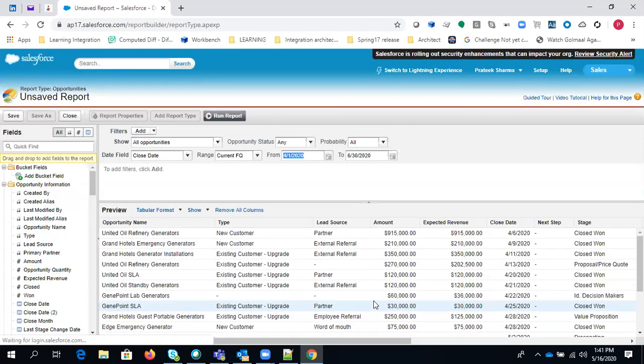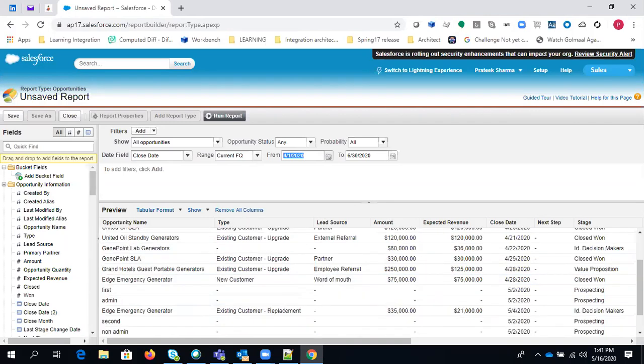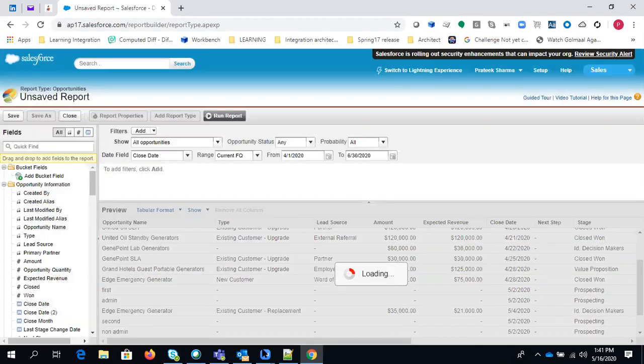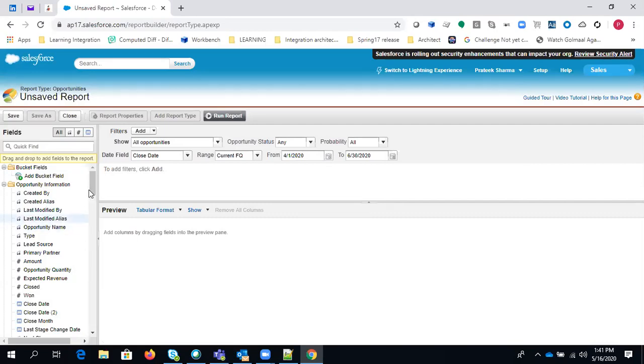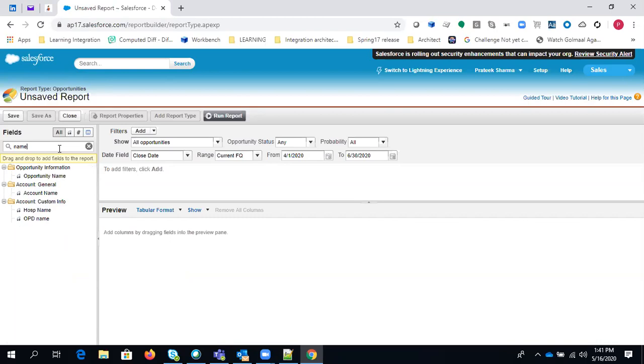After hitting create, you will get a normal report with the default fields, right? The report type selected is tabular. If you want to remove all the columns, you can remove them. I just want the report to be created on some particular columns. So let's say I just want the name.